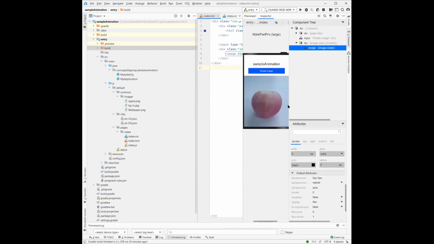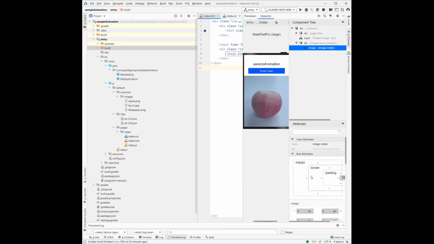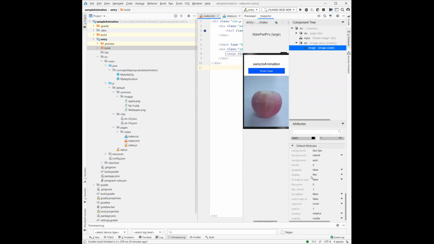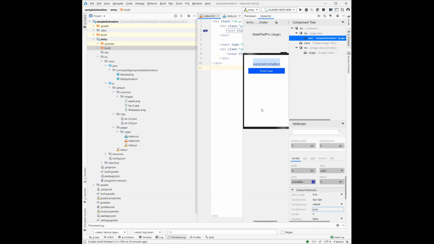We are changing the border. See, immediately it changes. So I want you guys to play around, understand and get used to the IDE and others